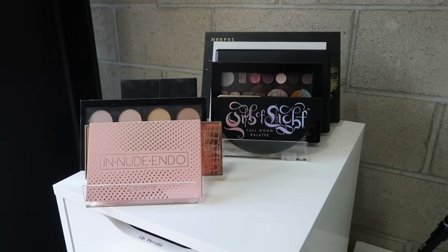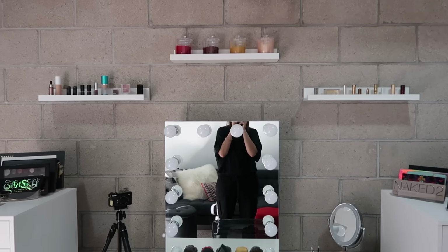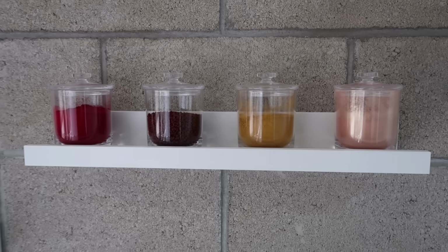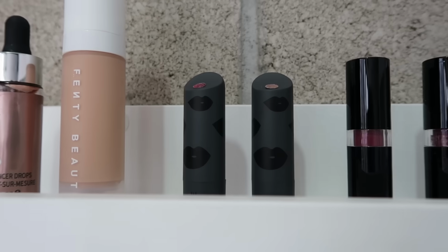Outside of the drawers, we have all of the palettes that wouldn't fit, and we also have some fun bonus decor. We added these 3 floating shelves to the wall. Over here, we've got these vintage lipstick tubes. Over there, we've got the pigments from the History of Lipsticks video, no longer in Ziploc bags, now in clear jars. And over here, we've got our Franken makeup, our 2 custom lipsticks from the Bite Lip Lab,